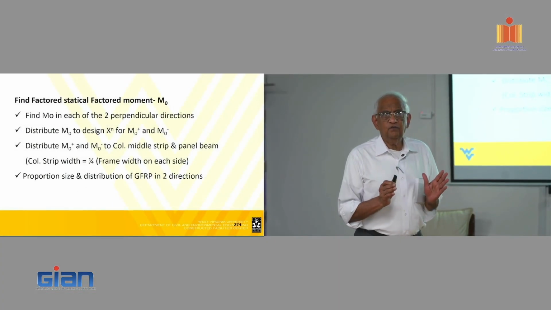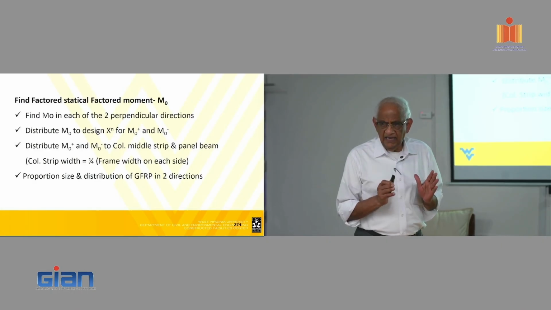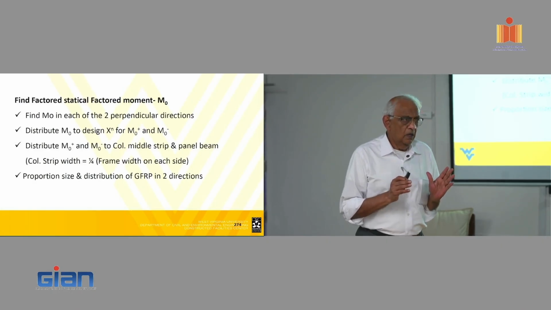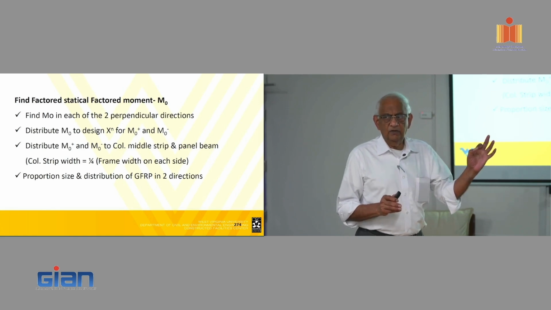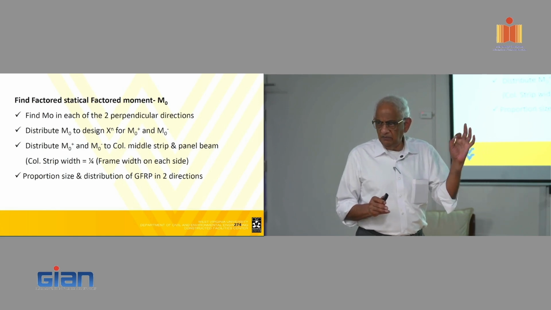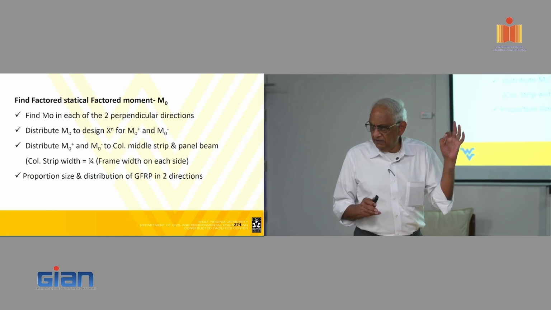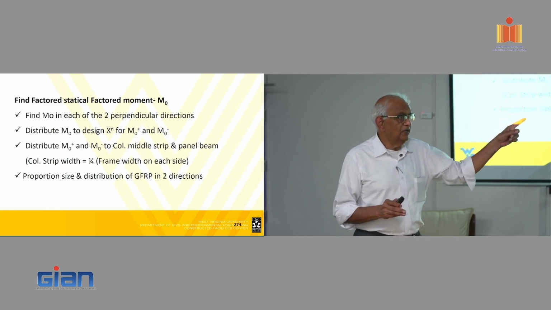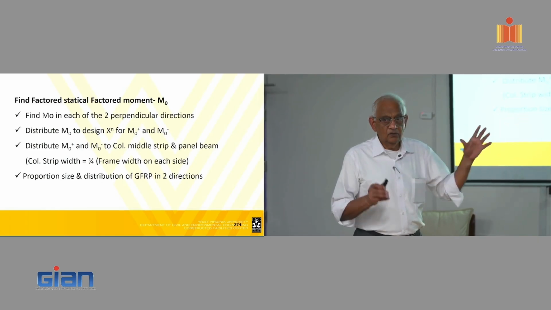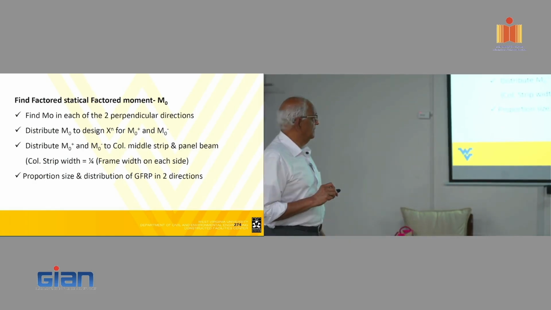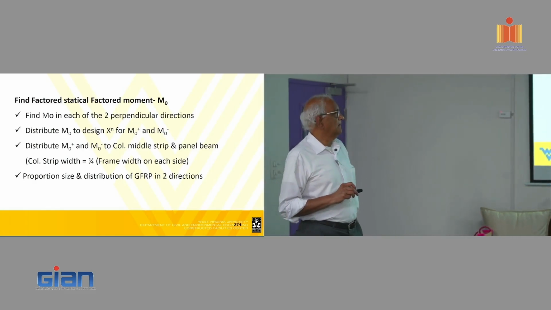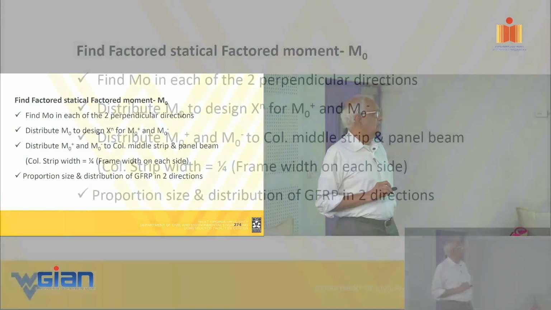Steel reinforced frames or slabs allow some redistribution, but there is zero redistribution when it comes to GFRP reinforced. Why? There is no yield value. So it's made very, very clear. All right. So proportion the size, and based on that,